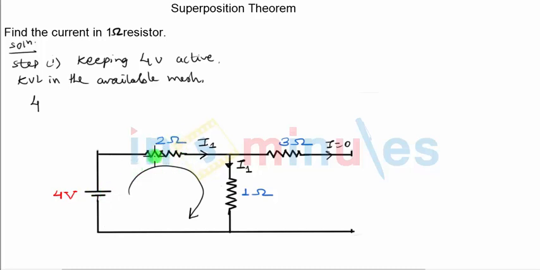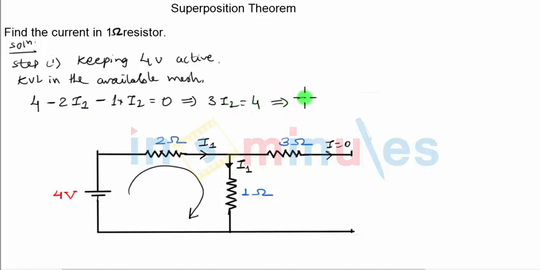The second drop will be across 2 ohm resistance. I'm traveling in the direction of current, so the drop will be negative, minus 2 I1. The next drop will be across 1 ohm resistance. Again we will be traveling in the direction of current, so it will be minus 1 into I1, and this is equal to 0. So once you solve it, you get 3 I1 equal to 4, and